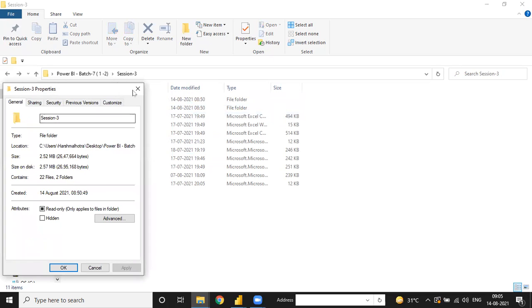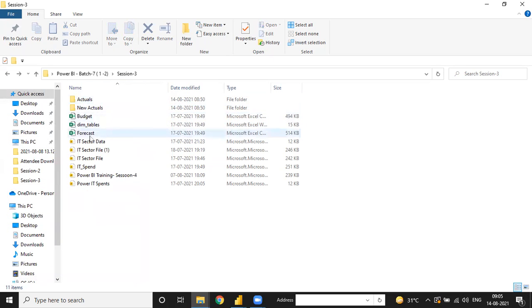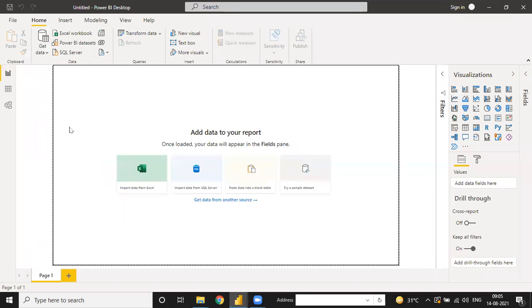Now we are going to move this file, as well as the Excel file, into Power BI. So how do we do the extraction in Power BI? This is our home screen of Power BI.